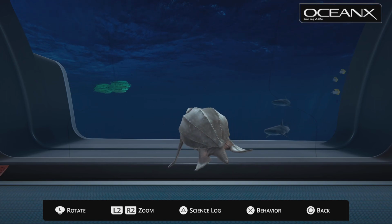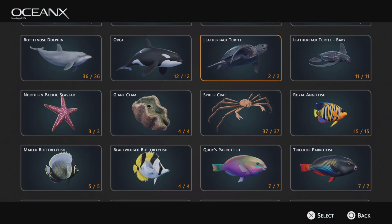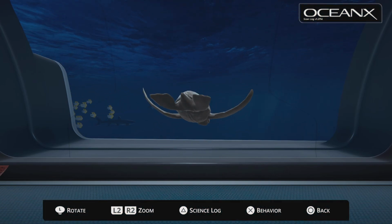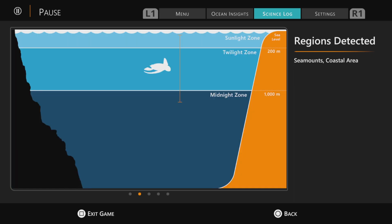And we saw some cool citizen science about people helping out the leatherback turtles. We have leatherback turtle baby, lots of information with this one. Once again, Dermochelys coriacea, the twilight zone,